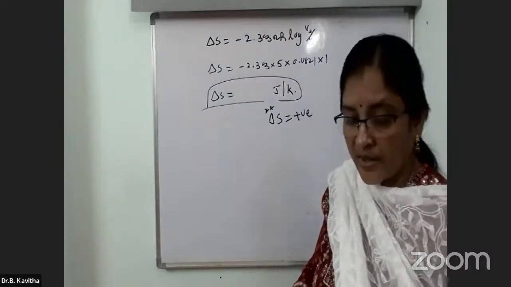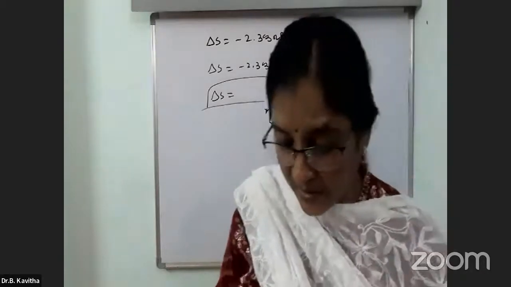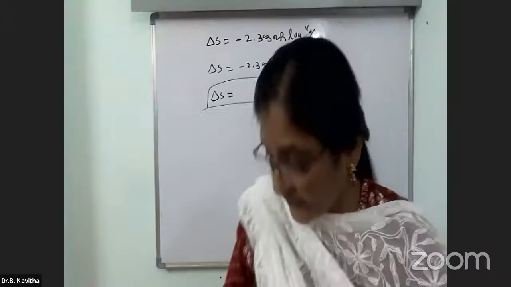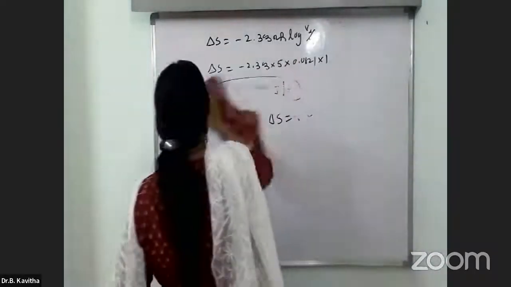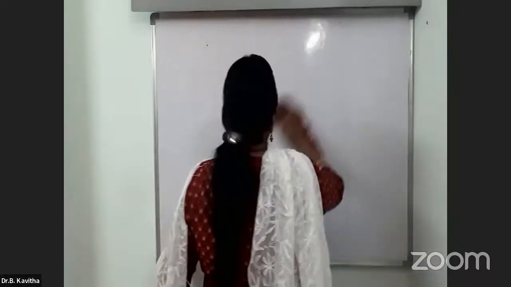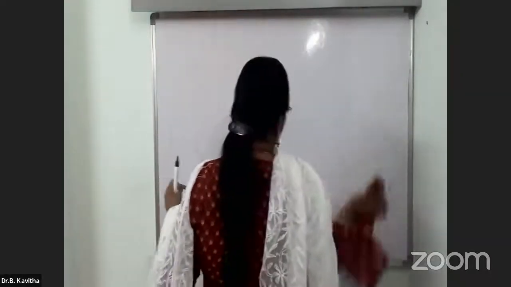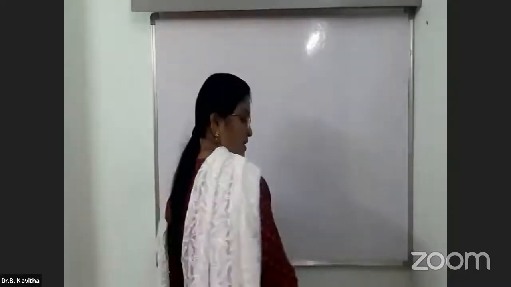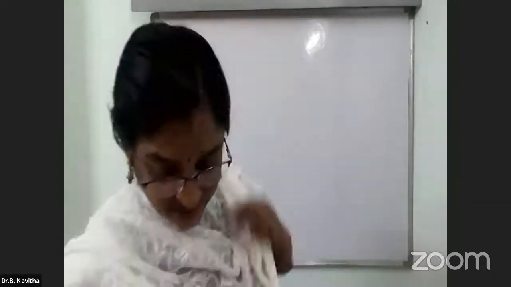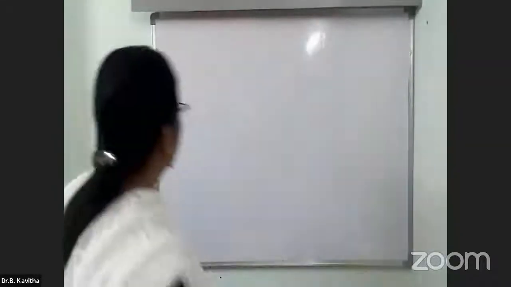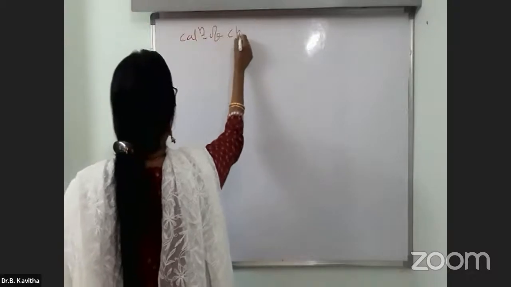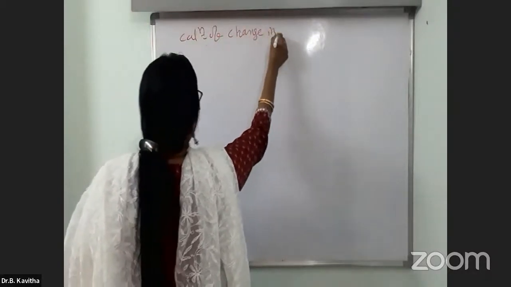Right. One more thing I have to tell you here: the fourth different form of the second law. We learned 3 different forms. Now the fourth one is in terms of entropy. So for that we have to know about the change in entropy. The next part is calculation of change in entropy